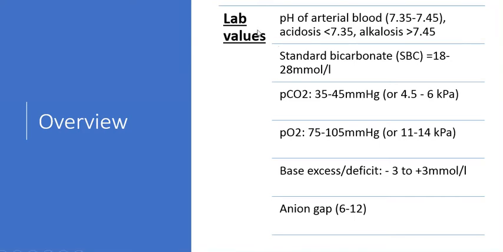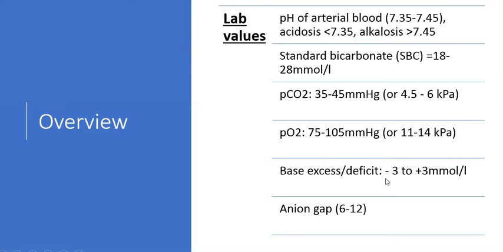These are the laboratory values. These laboratory values I expect you to memorize. It's very easy to memorize. Please try to memorize the laboratory values for pH. pH has a very narrow range, 7.35 to 7.45. This number is very easy to remember. The numbers 35 and 45 are important in acid base. You see, partial pressure of carbon dioxide is 35 to 45, partial pressure of oxygen is 75 to 105, and